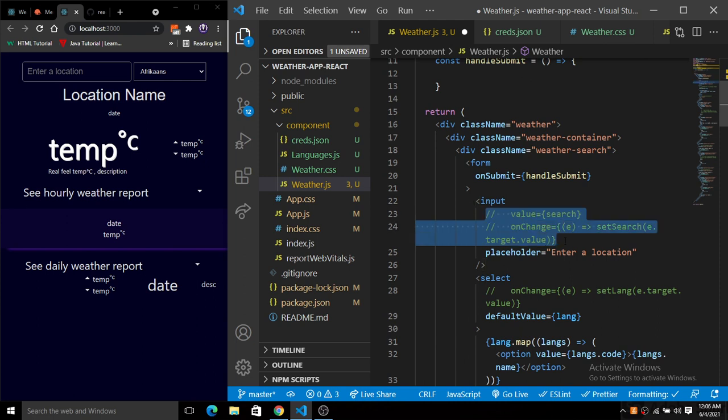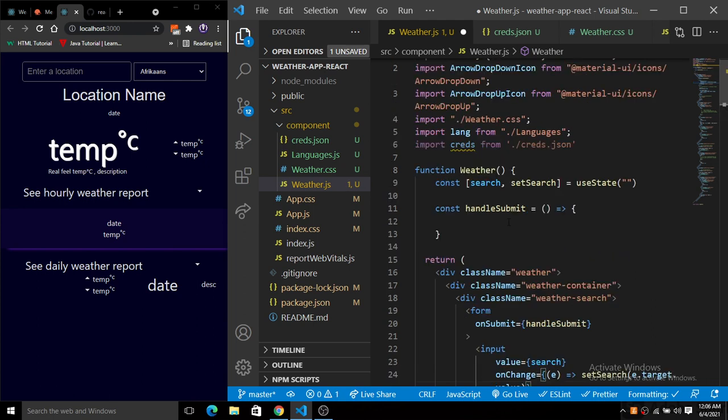So we have the value that is search, and on change we just put the e.target.value, right? So we have these things here. Okay, so handle submit will be called if we have search data, meaning the search will not be an empty string. If the search is an empty string, we will not call this handle submit function.